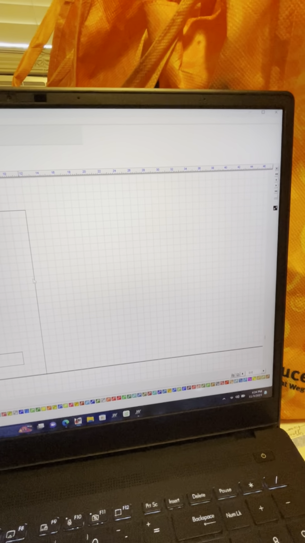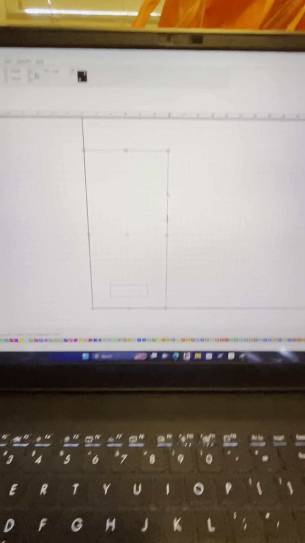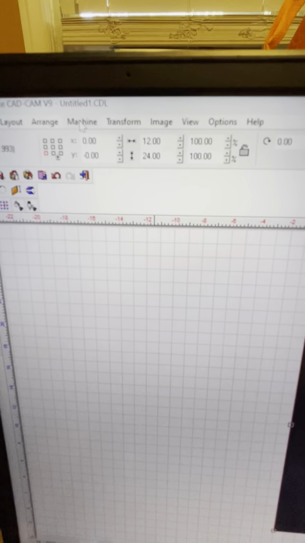If I highlight that, Alt-S, now you can see there's a cutout. There's several different ways to do this on each of the computers that I have it programmed to the way that I like to do it on that computer. Anyway, so there we are. We have that highlighted. Now, what we have to do is go to Machine,